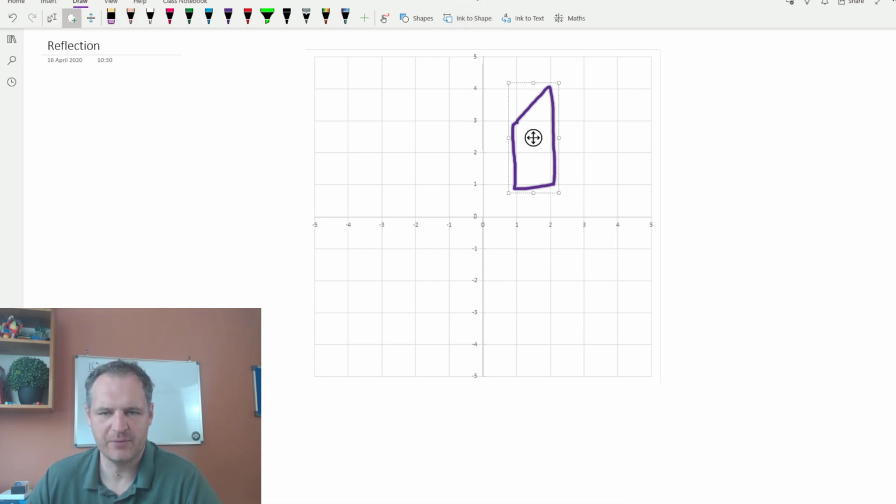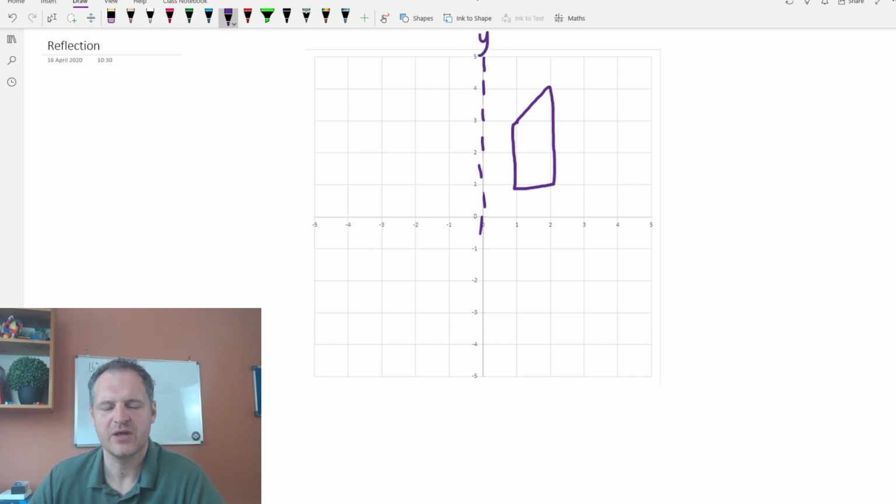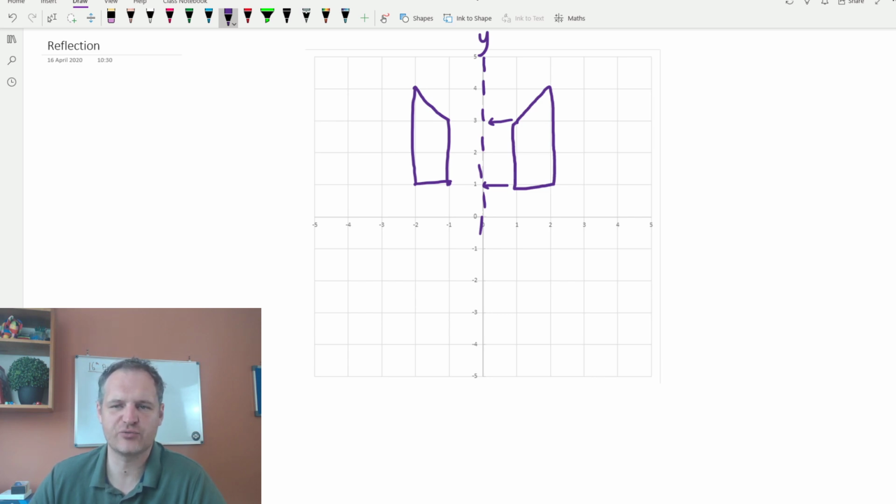So, this shape, we are going to use, first of all, we talked about the mirror line could be the y-axis. So I'm going to draw, and my mirror lines are always dotted. And I'm not going to do the whole y-axis, but that would be the y-axis. To copy it across, you can use tracing paper, but I always think the easiest way to do it is, well, that's one square away, so we're going to go one square the other side, and this one's 2 squares away, so that's 2 squares the other side. And you'll notice we have been able to use the y-axis to reflect. This would be reflect